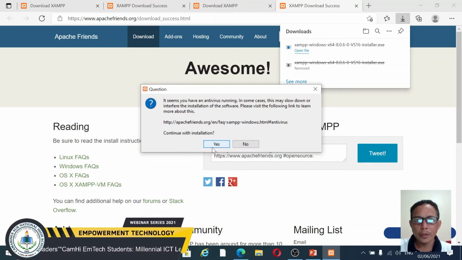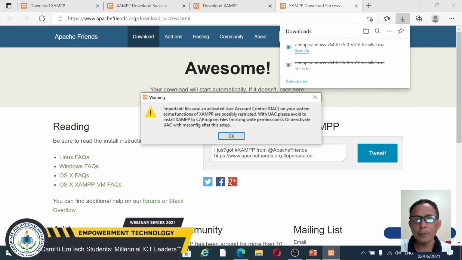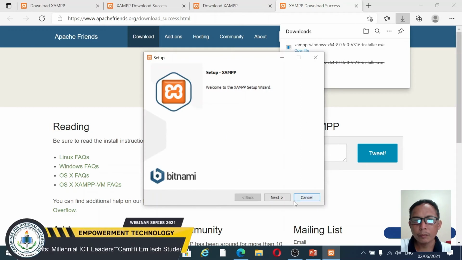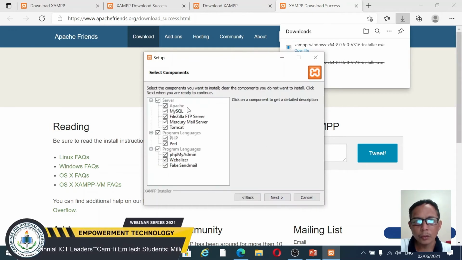Click yes, continue, next. So these are the components.